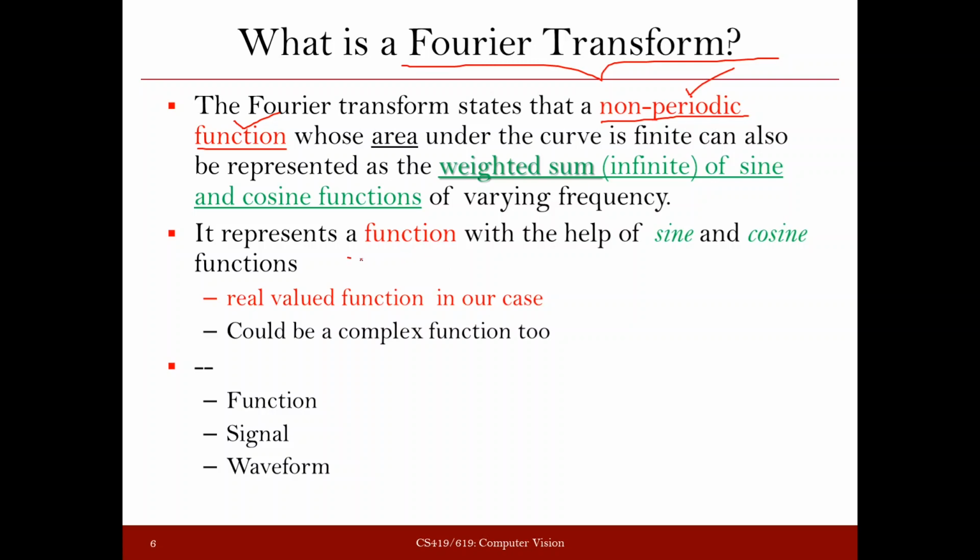So here also we are going to use sine and cosine only, but to obtain these sine and cosine, the formula that we will be using will be different. Okay. And the function for which we are going to get the Fourier representation can be a real valued function and it can be a complex function also. In our case, for example, we will be talking about images later. So in our case, the function is going to be real valued only,